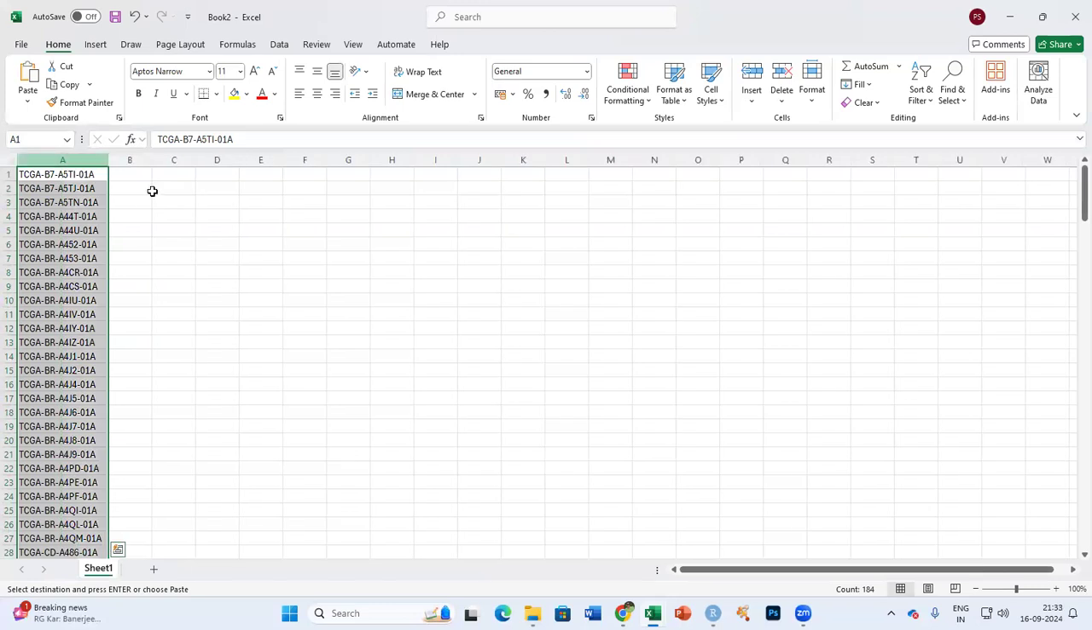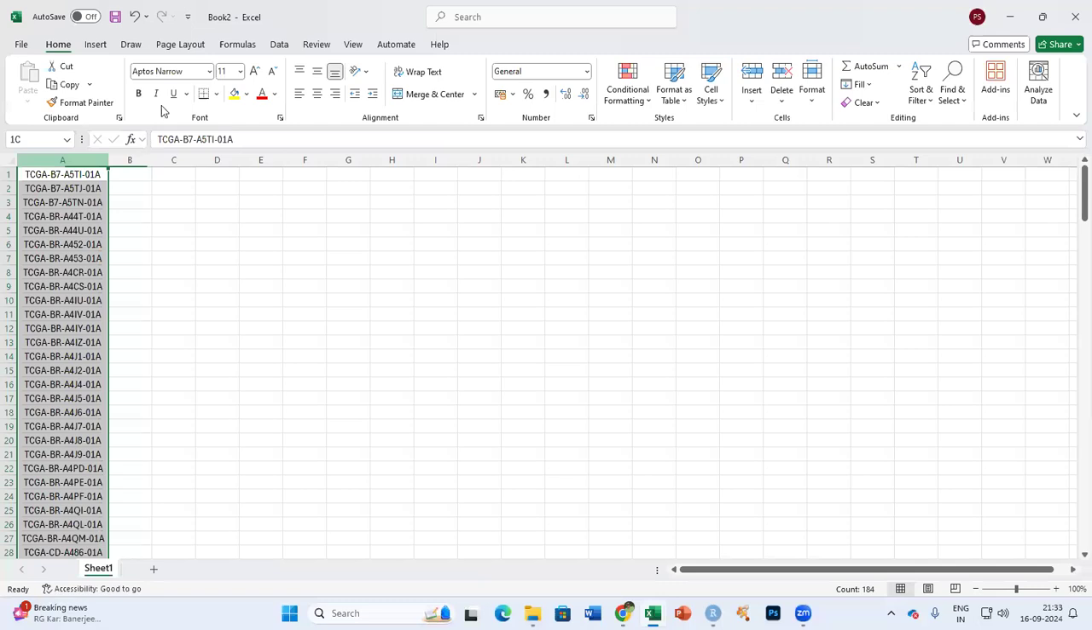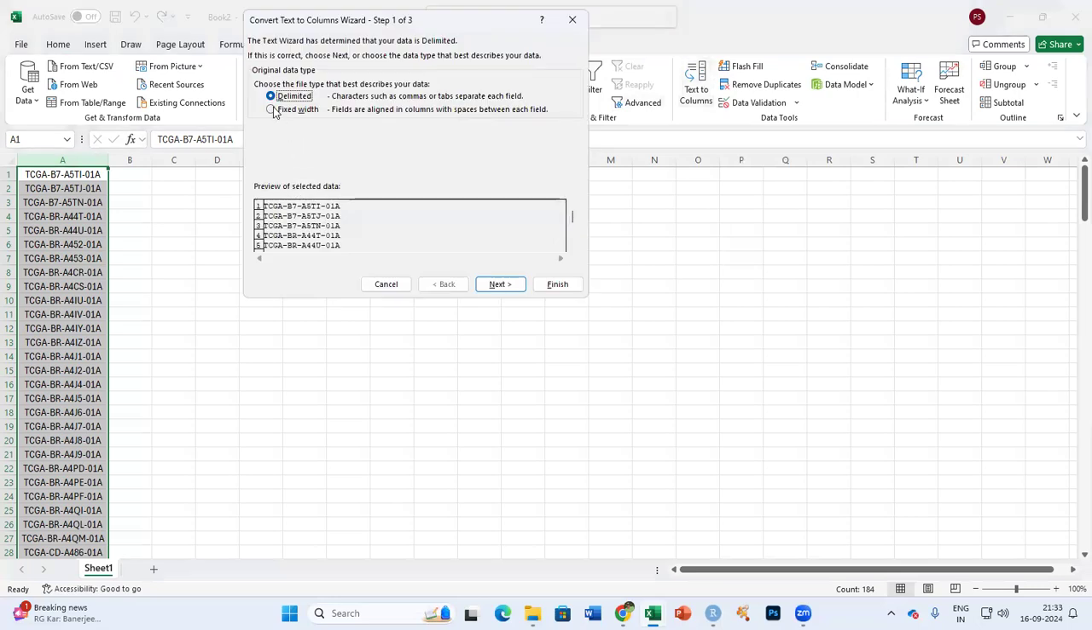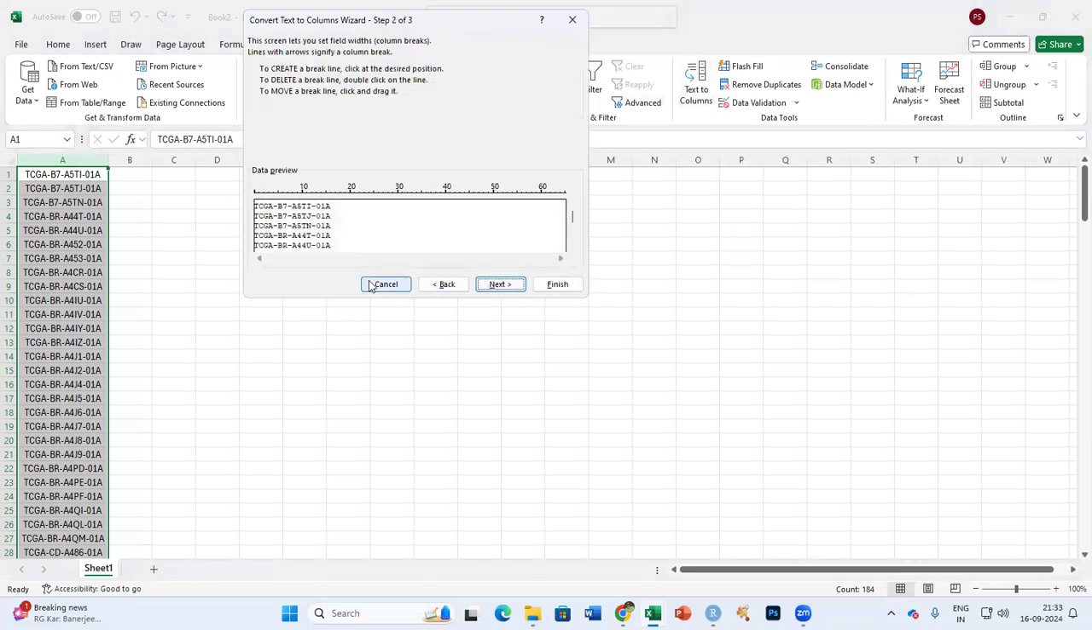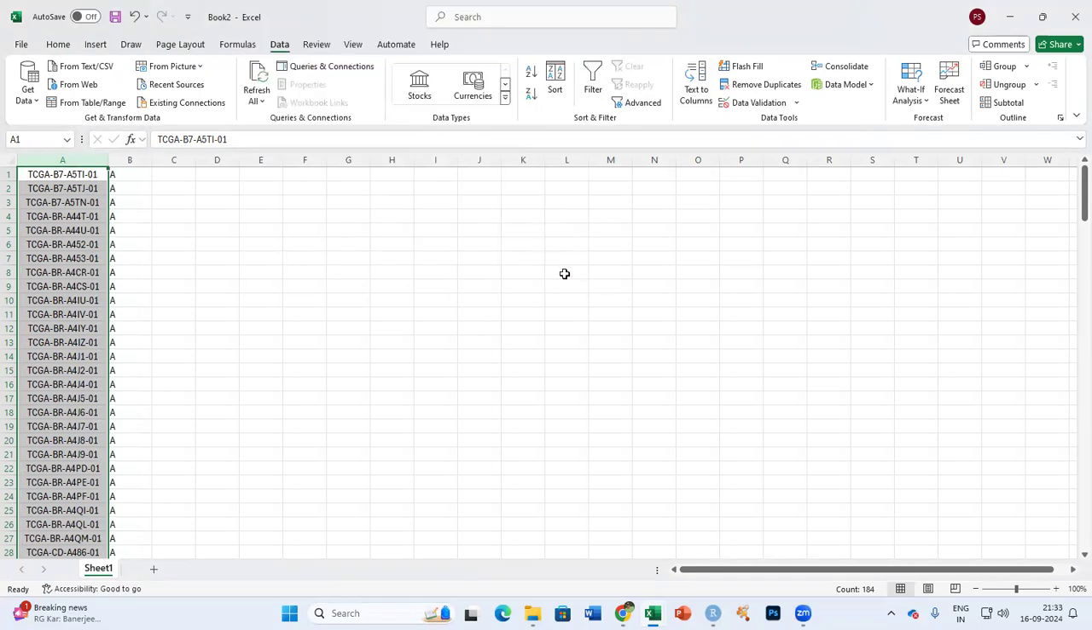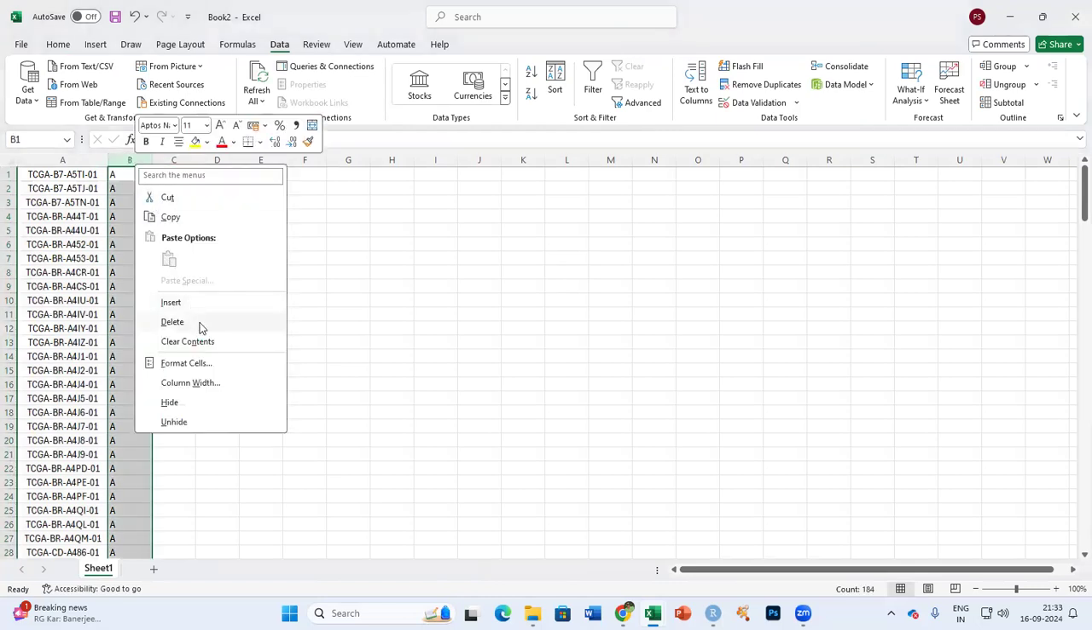And now remove this number at the end, like 01A and 11A. 11 is not there. There will be only 01A because we already removed the normal information, if you remember. So I will be removing this number from here. I can use text to columns and use the fixed width option to just remove the 01A. After that, once it has been removed,